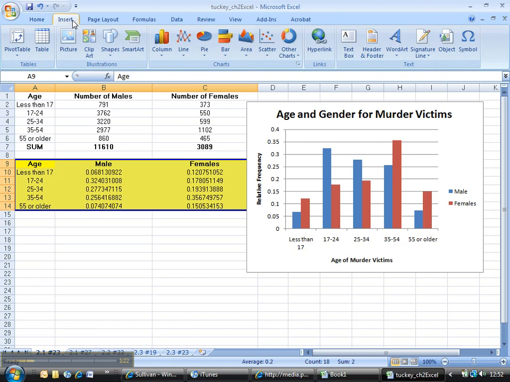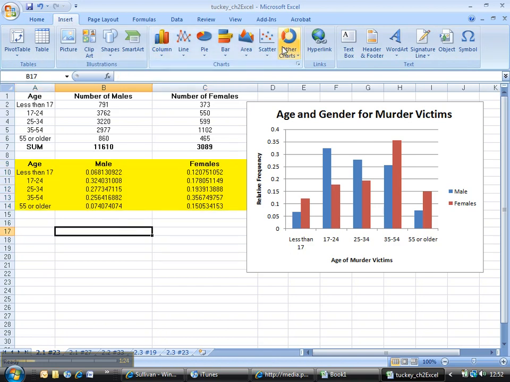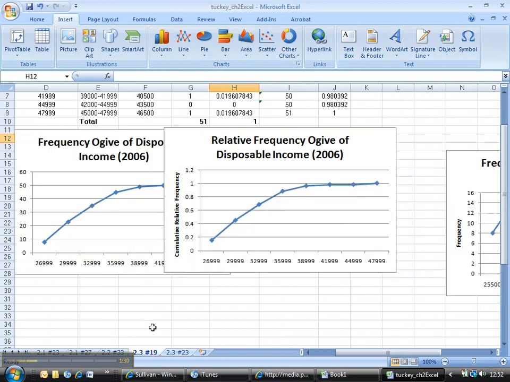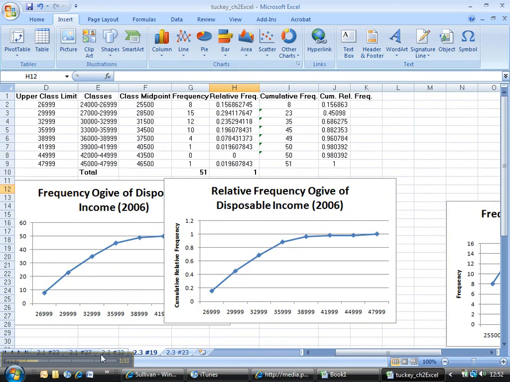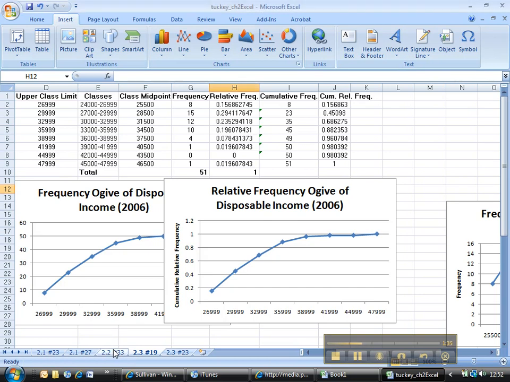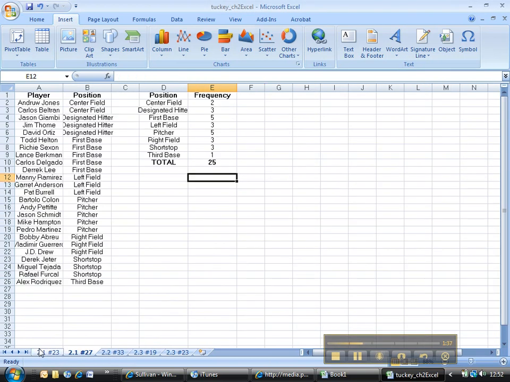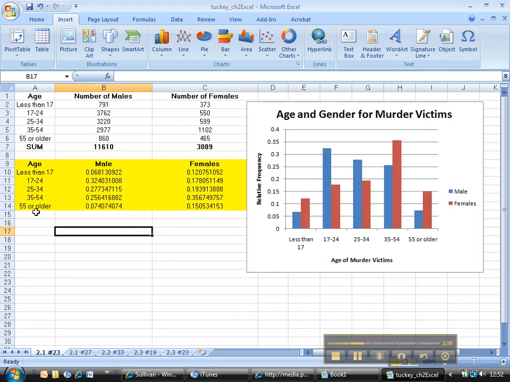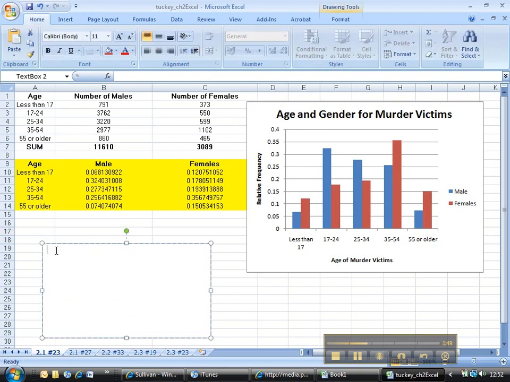Then there's the Insert ribbon. This is where you go to insert graphs in particular. And I wanted to mention the text box thing. This is another nice thing. Sometimes we have questions to answer, basically anything that wouldn't be done with Excel, a thinking question or a short answer. It's not really very easy to write in Excel, so what you can do is click here on text box, and then you come down here and you can make a box. I'm holding down my left mouse button, I drag, lift up the mouse button, and there you go, you've got a box. And you can type the answers